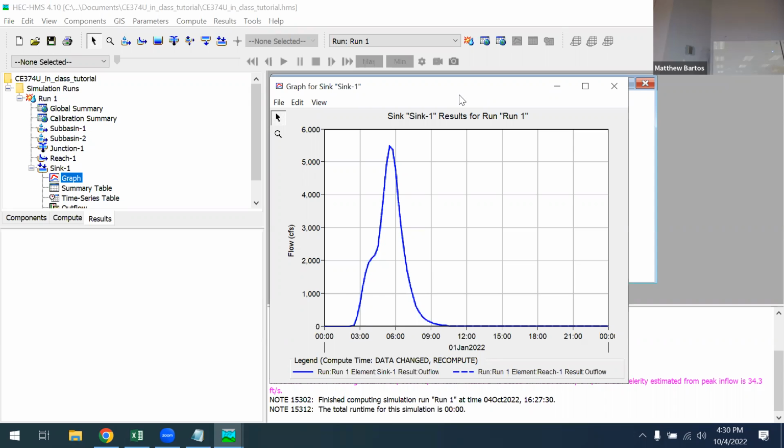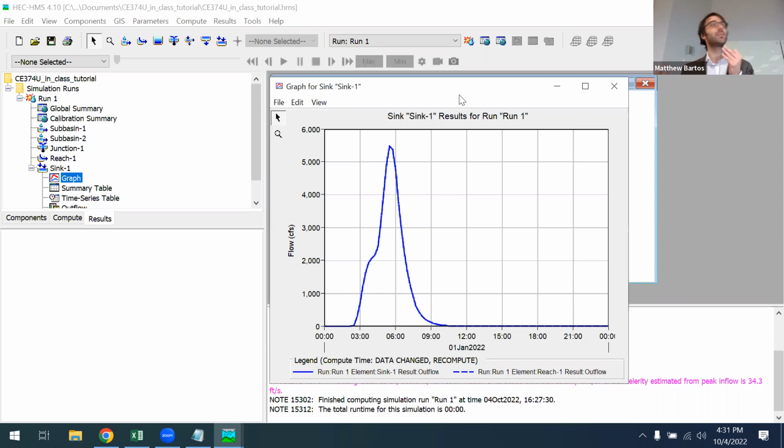All right. So there's one last thing we're going to do. This is a kind of a group activity. So if I could get your attention, please. Okay, thank you. There's one last thing we're going to do today. We're going to look at how our watershed model responds to changing the parameters of the watershed model.